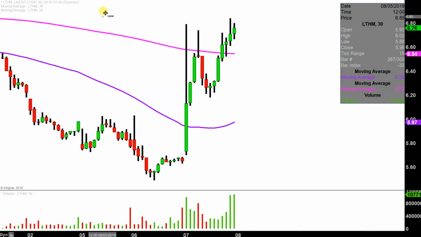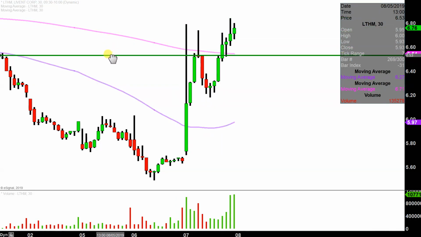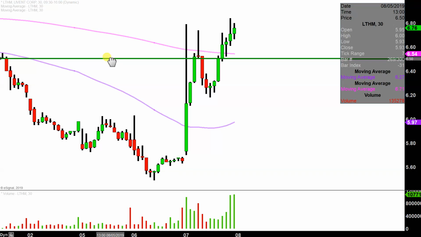So the first level of support is what I would call the ideal level. You say, Clay, what would make this chart look the absolute strongest going forward? And that would be if the price can stay up here above $6.50. Now, don't get me wrong. If the price falls below $6.50, I'm not saying the entire chart is destroyed or ruined or anything like that. But yeah, if the price could manage to stay up above that level, that would definitely be a massive sign